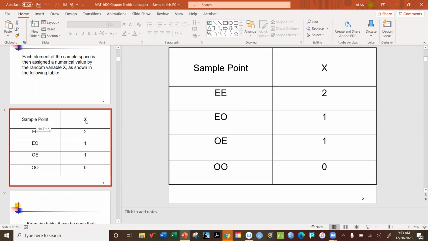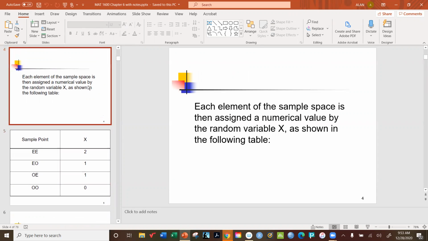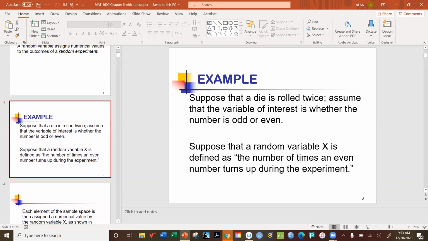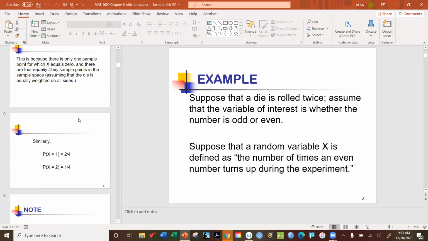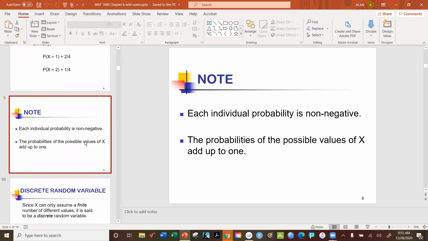So what we've done here, we've accomplished actually quite a bit already. We've introduced the concept of the random variable, and you can see it's not that difficult. It's just simply a way of assigning numbers based on a specific rule. In this case, the rule is right here. Okay, and we can define this any way we like, but of course there are certain requirements here that we